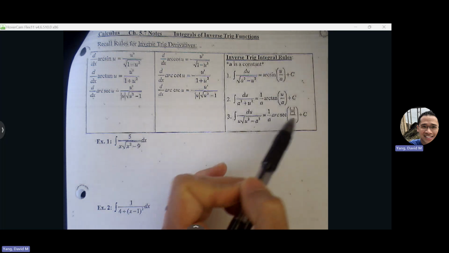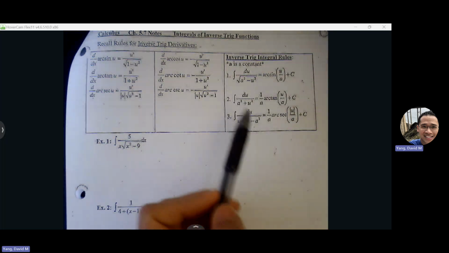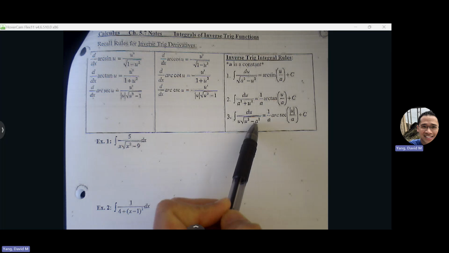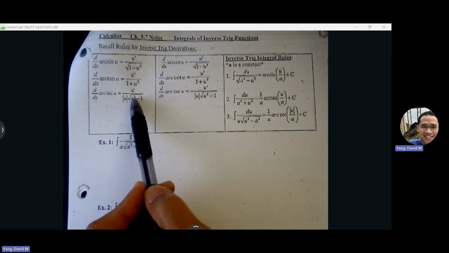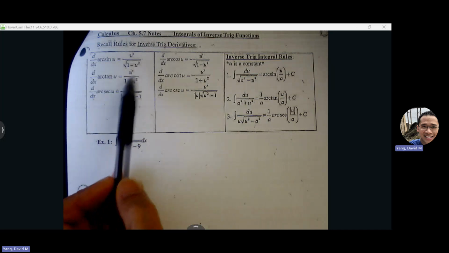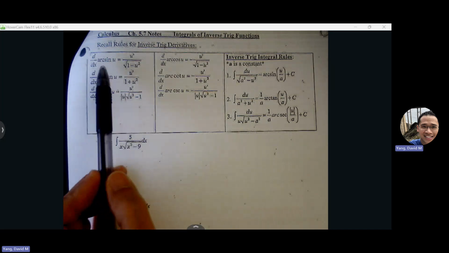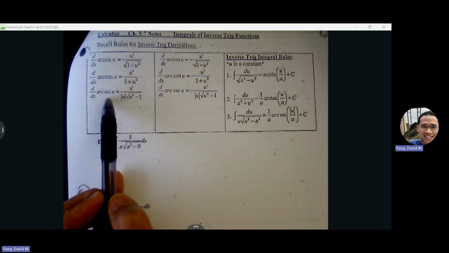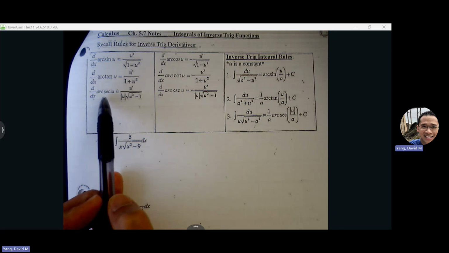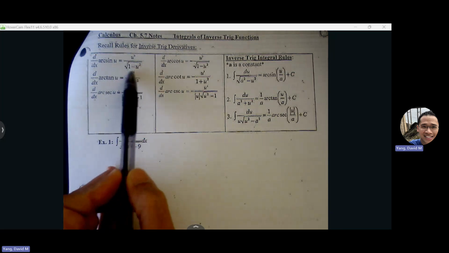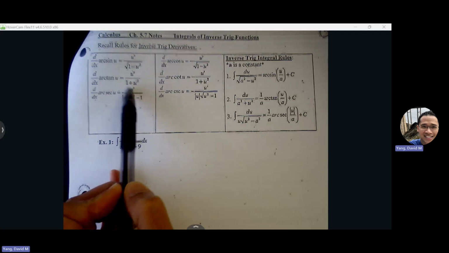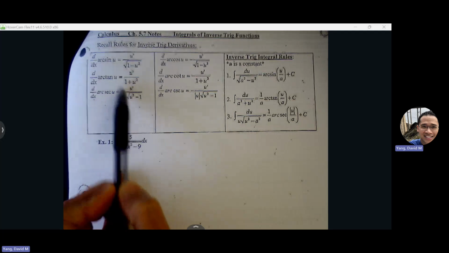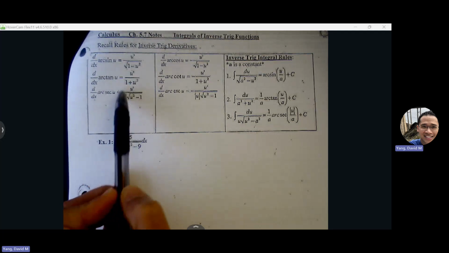This is inverse trig integrals. These are just going backwards from first semester's arc trig derivatives. But our inverse trig integrals are only going to involve arc sine, arc tangent, and arc secant. So imagine you're over here and we're having to take the antiderivative to get from the right side to the left. But with some slight adjustments here,